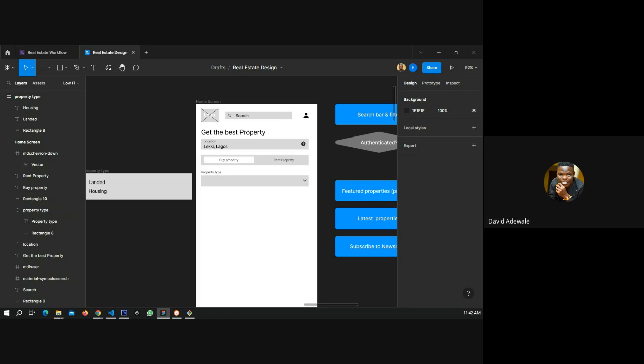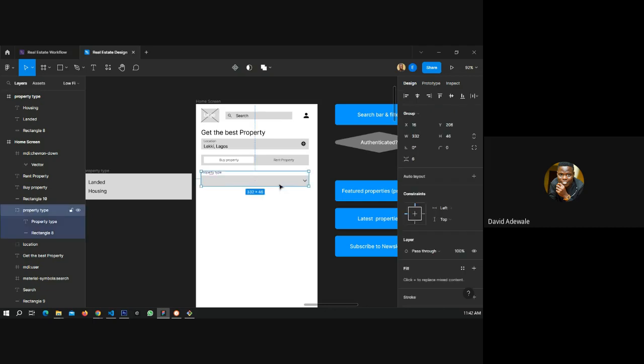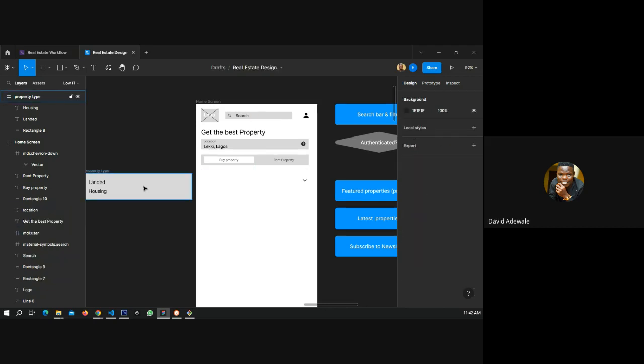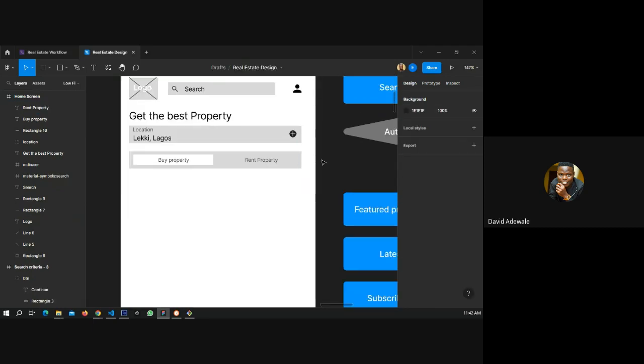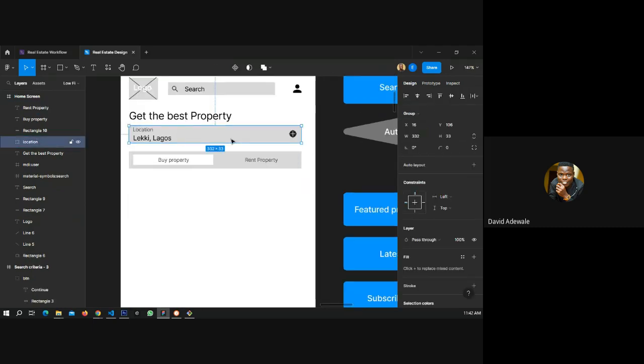Toggle button, property type. Okay, let's use the toggle. My mind is telling me I should use toggle. Yeah, let's use that toggle. Toggle will be very interesting at the end of the day. So let's use the toggle.